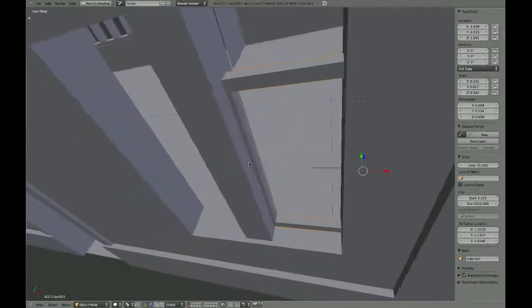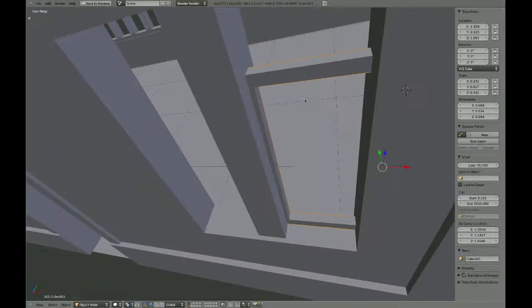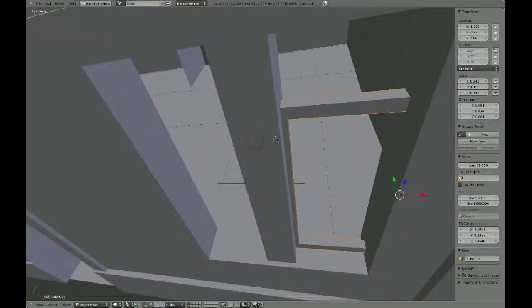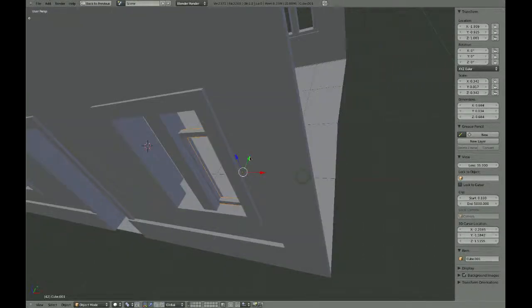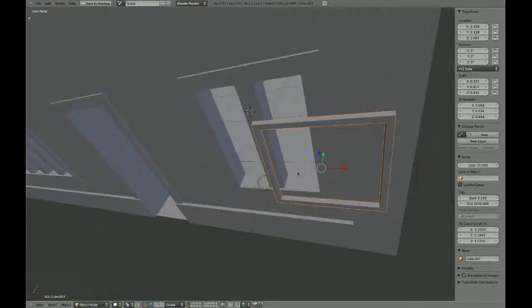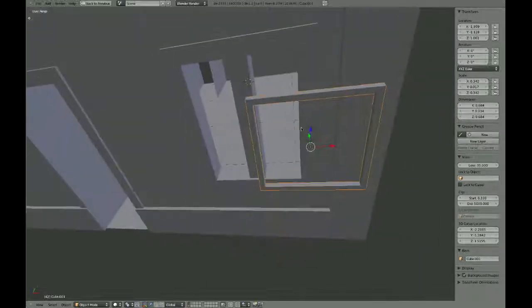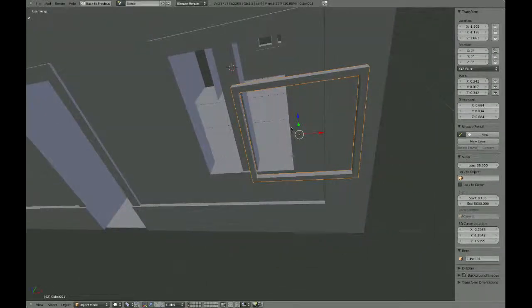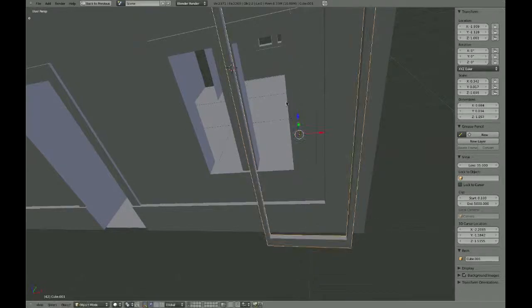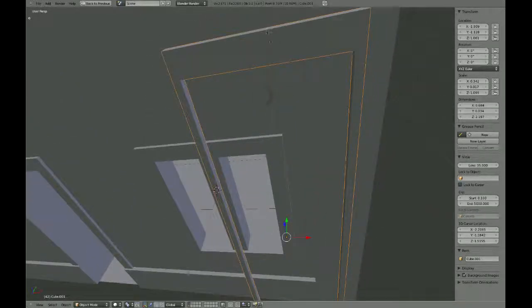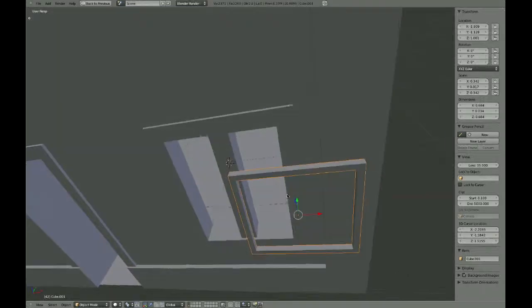So the next thing that we need to do is get this to fit inside the window. Now you don't use scale in order to do this, because if you start to scale things, if I pull this out and I'll show you, if you scale this lengthways to make it go further up, so if you press S and then Z to scale up, if I exaggerate it a little bit, you can see that what happens is this becomes really long and these stay really short. So I'm going to undo that, so we need to do it a different way,